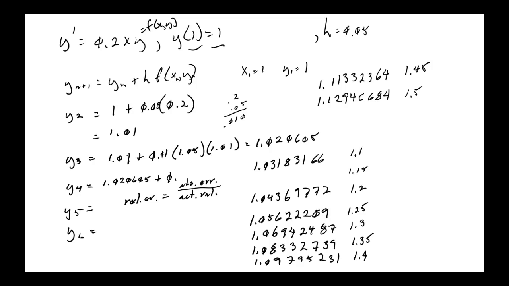Whereas with a step size of 0.05, the value we got was 1.1295, the actual value 1.1331, same as before, and the absolute error 0.0037, and that relative error is 0.32%. So about half of what the relative error was when you had double the